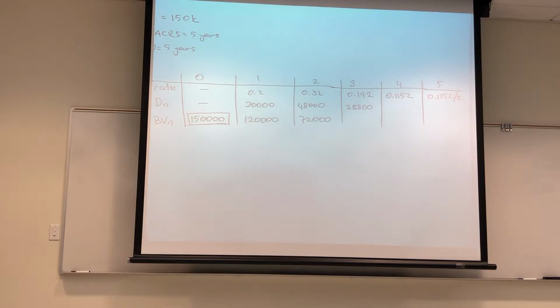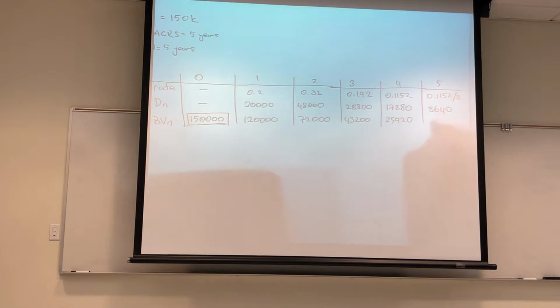72,000 minus 28,800. Almost there. Minus 27,520. And since these rates are equal, we're just going to take half of this. Divide by 2. That saves you maybe 1 or 2 seconds. So 43,200 minus 17,280 is 25,920 minus